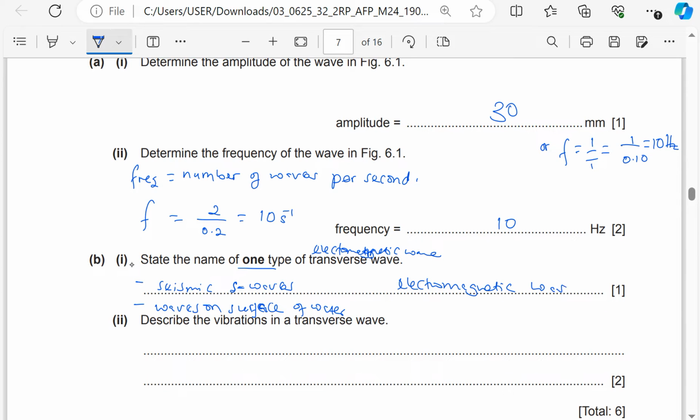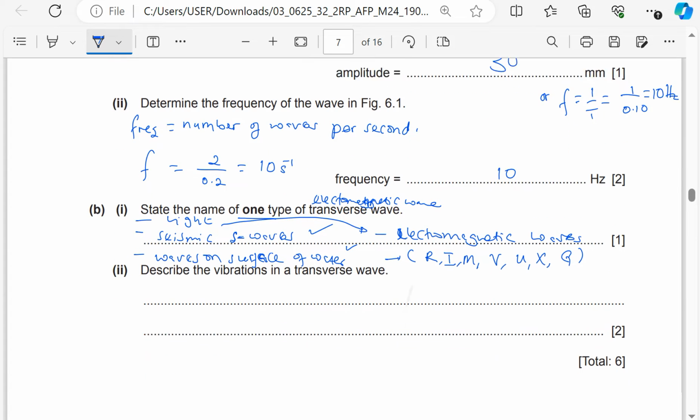Electromagnetic waves. When I mention electromagnetic waves, I mention radio waves, infrared, microwaves, visible light or just light. You can mention ultraviolet light, X-rays, gamma rays. All these ones are transverse waves. So you can mention any of these electromagnetic waves, or seismic S waves, or waves on the surface of water. I'll add here light, because when I just mention electromagnetic waves, people will not understand. But light is an electromagnetic wave, so I just mentioned light because it's the common one